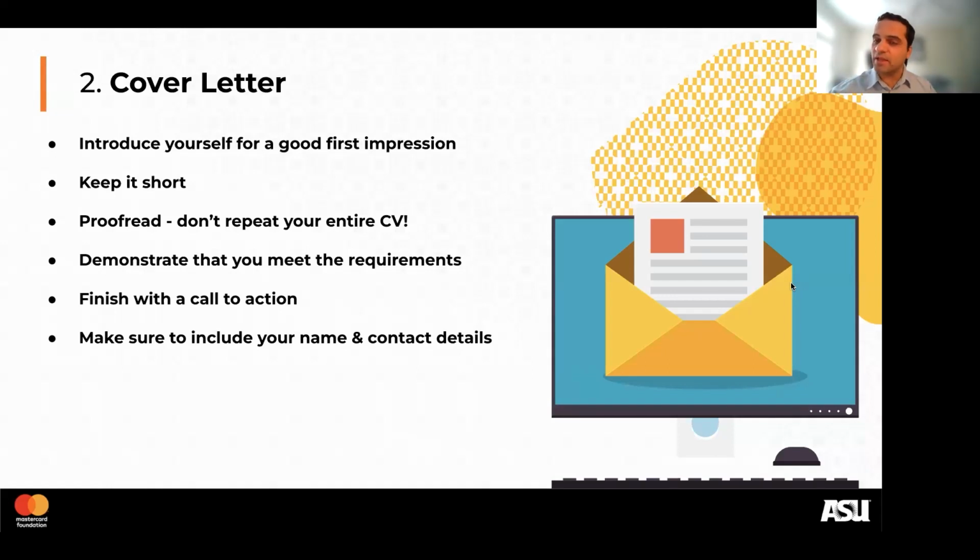I'm very excited and delighted to get to apply for this. I will be really looking forward to the next step and so on. So that's a call to action. Make sure you know that. And also include your name and contact details. Many people forget that or ignore it, but remember, CVs and cover letters could go to different places, from HR, then into the hands of a hiring manager. Papers could mix. So make sure all your documents have some kind of indication of who the person is and what the contact is, because they could easily be lost, even electronically, by the way, just to be clear.